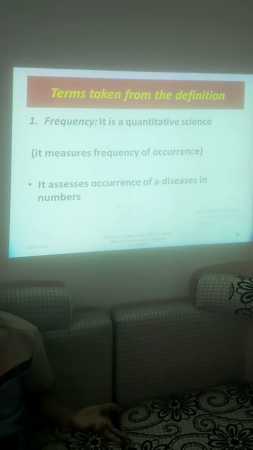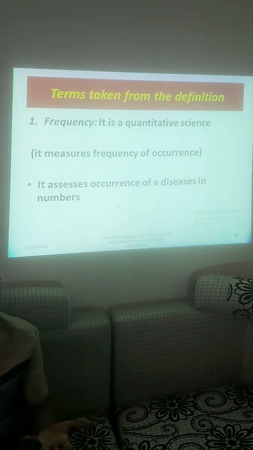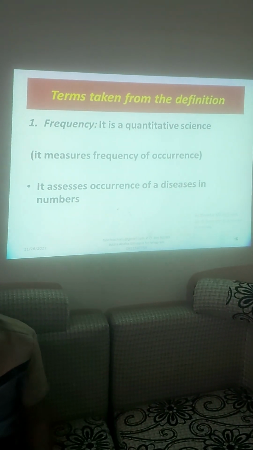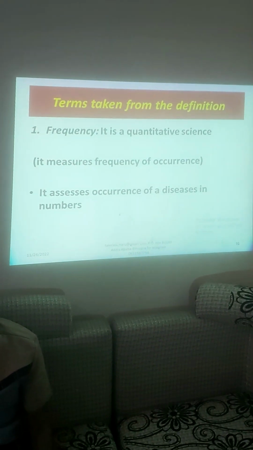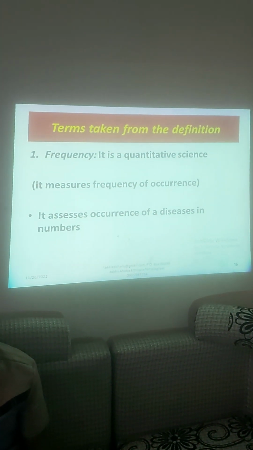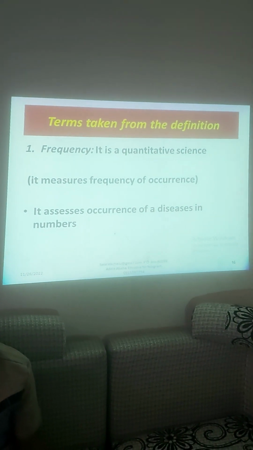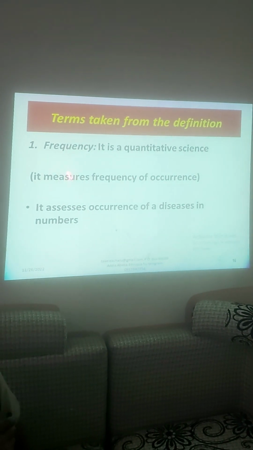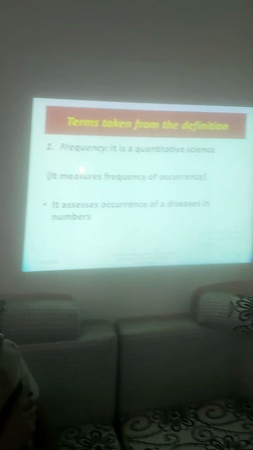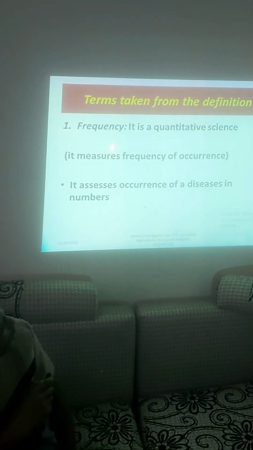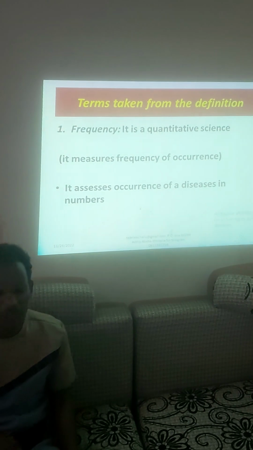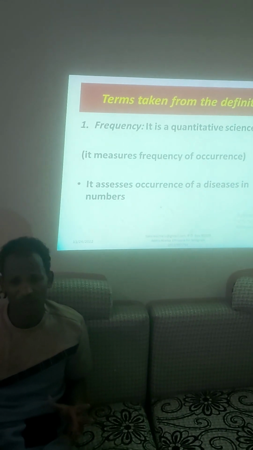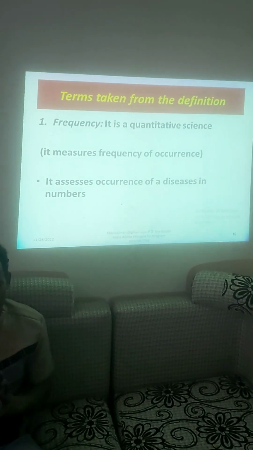This is what I told you at first, as in some college face-to-face classes and voice classes. There are several key terms in the epidemiology definition, especially three terms: frequency, distribution, and determinants. Frequency is equal to the quantitative, which means it is a matter of number, statistical numbers of epidemiological or health issues.